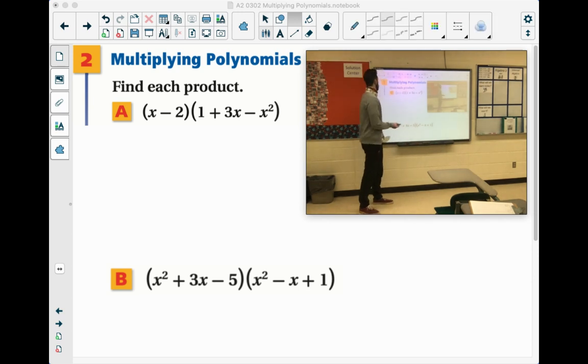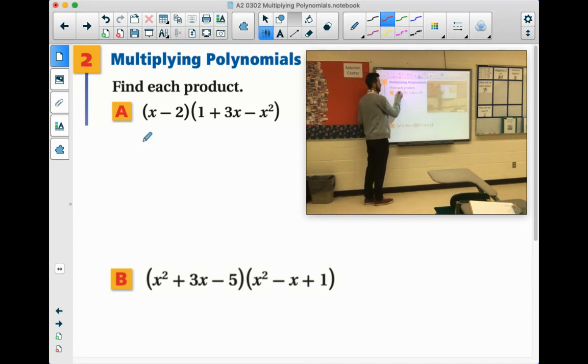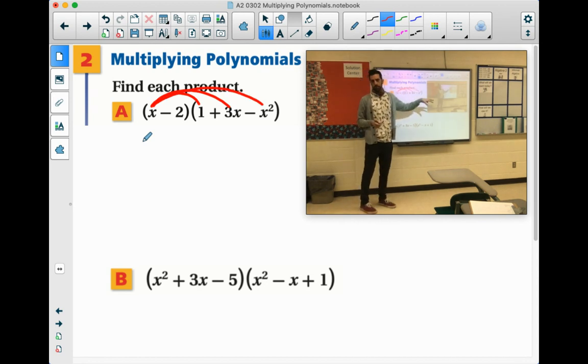Okay, now we're multiplying a binomial times a trinomial. A few ways you can do that. One way that I think is easiest is just if you think of it like distribution. So if we distribute this x to everything, then we'll distribute the -2 to everything, and then we'll combine our like terms and make sure it's in standard